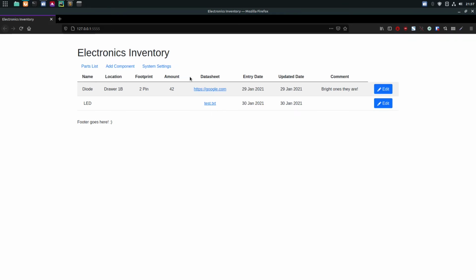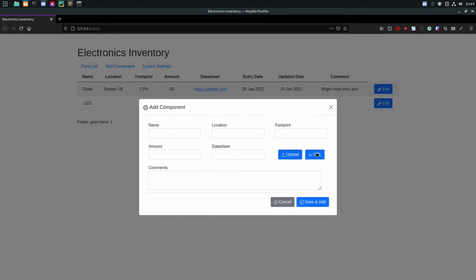You may also notice these are links. I'll get to that in a minute. I couldn't resist just finishing the whole datasheet thing on add component at least before I moved on to the column sorting. Anyway, here is what we had before, so you could say not applicable,